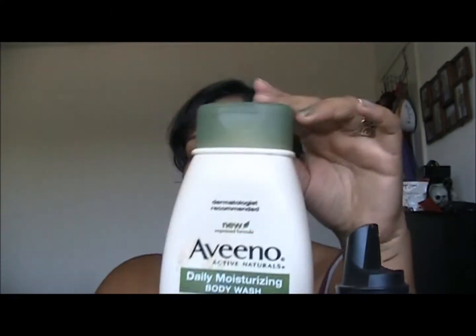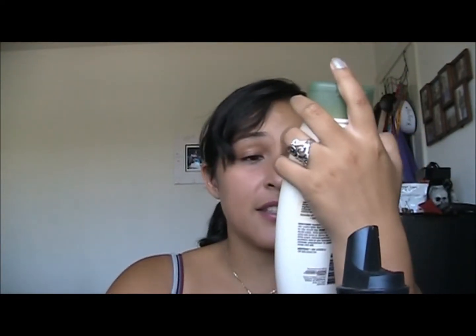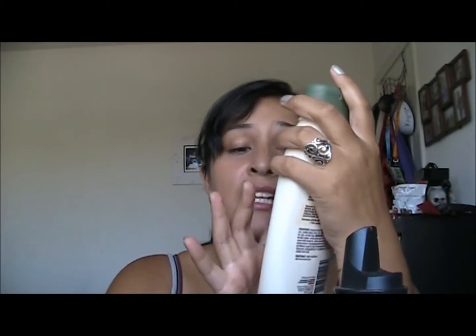Another thing that I really like, which I'm not using as a body wash, I'm using for the soak, for when I soak my hands in the bowls. The little bowls that I bought to soak my hands to do my nails. I put a little drop of this in it, and it leaves my hands so moisturized and so nice afterwards. It's the Aveeno Active Naturals Daily Moisturizing